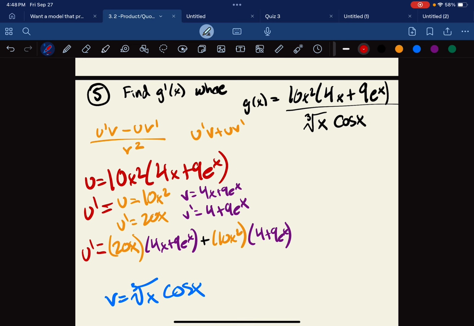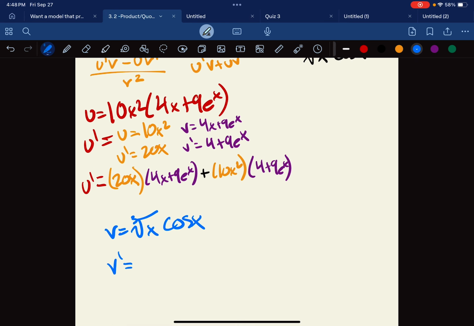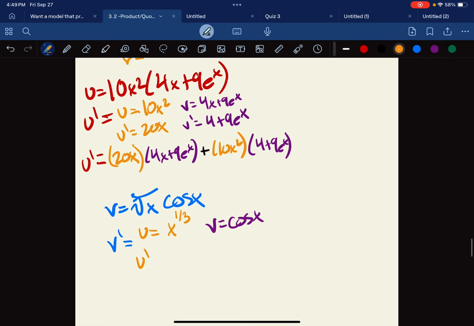So then we go to our denominator, and this is also a product rule, right? So v prime is going to be a product rule, with our first term being the cube root of x, which can be rewritten as x to the 1/3. And our second term is cosine x. And then the derivative of x to the 1/3 is that 1/3 comes down in front. We subtract 1 from the power. 1/3 minus 1 is a negative 2/3. Our v prime is going to be